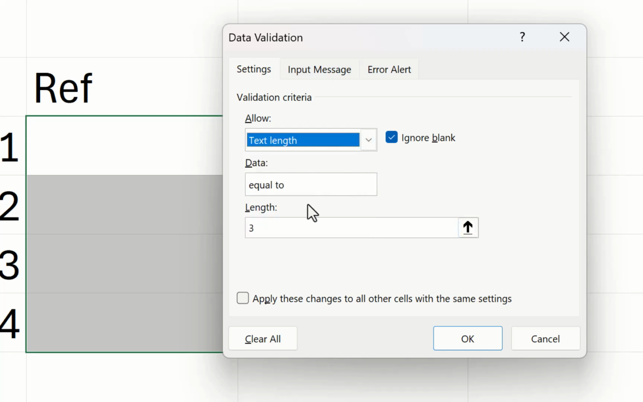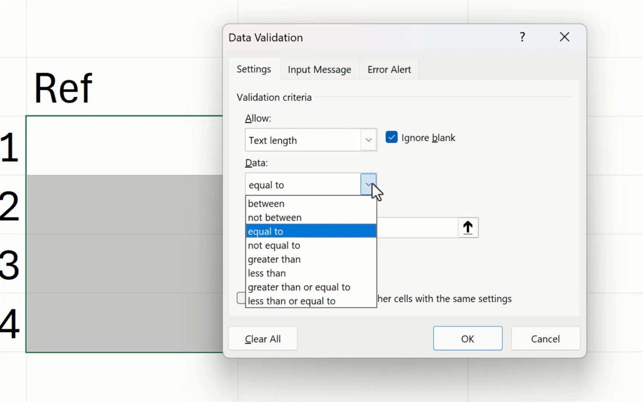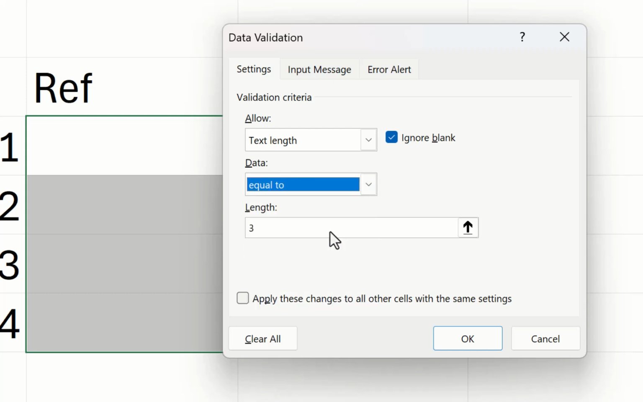We have the next drop down menu here, which we can then change. So we have between, not between, equal to. You've got quite a few different options here, greater than or less than, but we're just going to put equal to just for the ease of the video. And then we get given this and we can put 3. So we're going to be looking for 3 characters within that specific cell that we need to return,